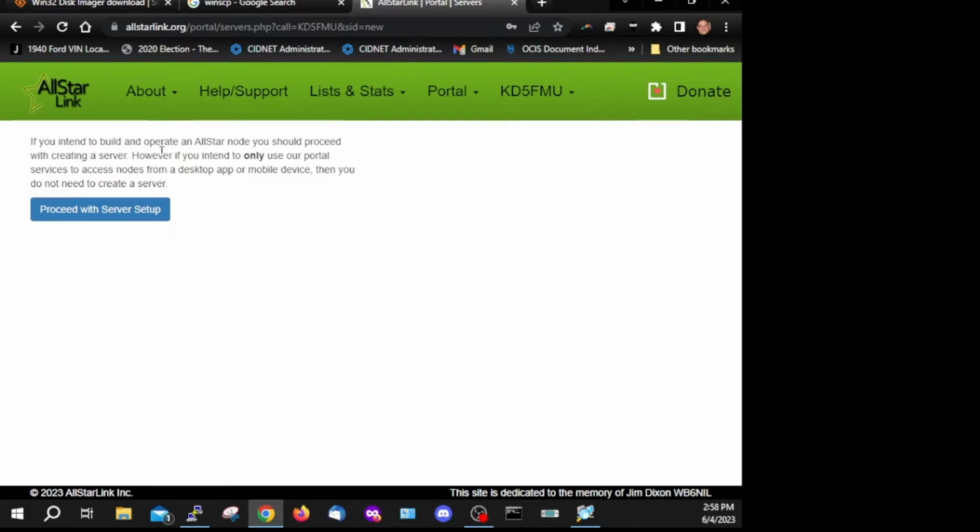If you intend to build and operate an AllStar node, you should proceed with creating a server. However, if you intend to only use our portal services to access nodes from a desktop app or mobile device, then you do not need to create a server. Well, that's fine and dandy, but we do need to create a server because we're building an actual node. So we're going to proceed with server setup,